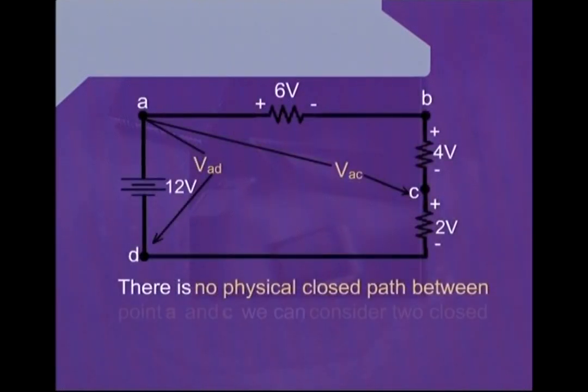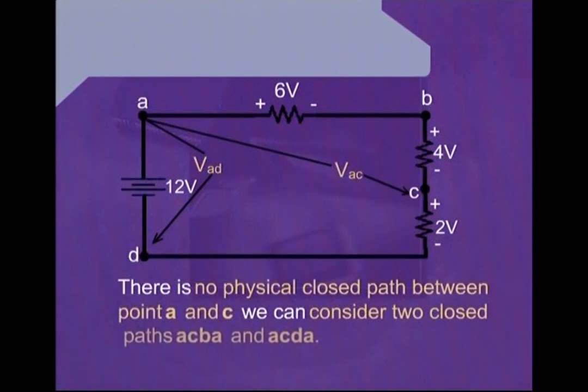Now, there is no physical closed path between points A and C. We can consider 2 closed paths, ACBA and ACDA. Now, as we have mentioned, these 2 closed paths